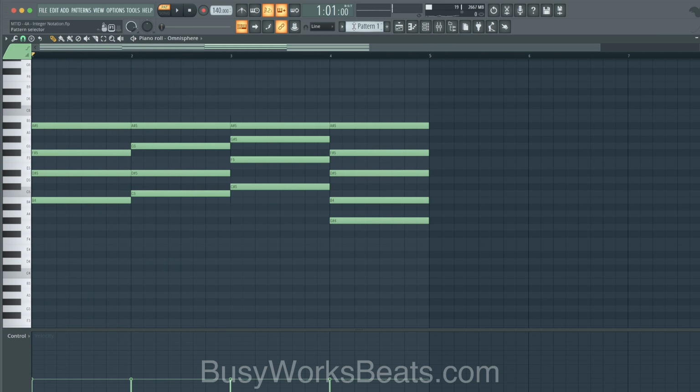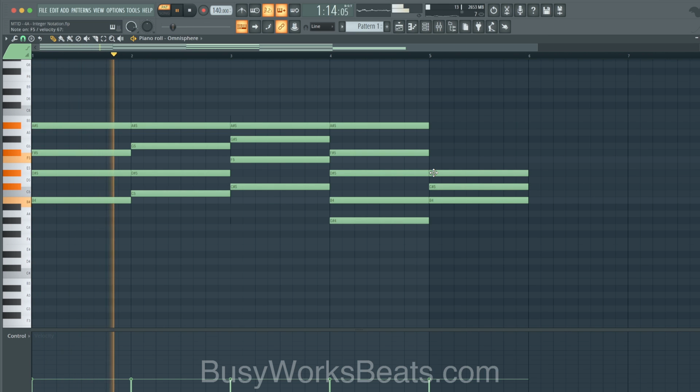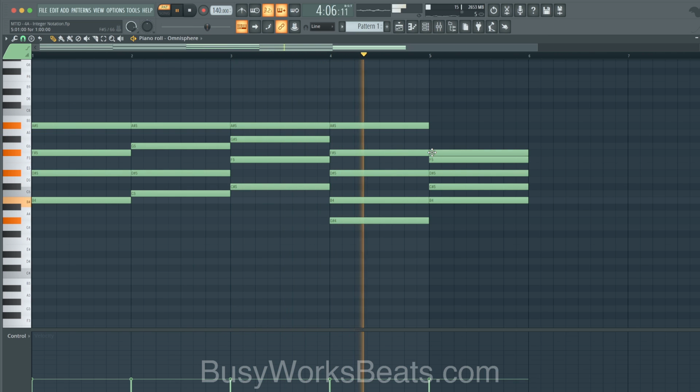So let me see, I'm trying to think of a quick way to do this. Let me just map the notes out. Okay, so we have B. So this is my technical scale, just based off of the notes that I feel like should be in here. So I'm playing notes that sound harmonious with the chords.